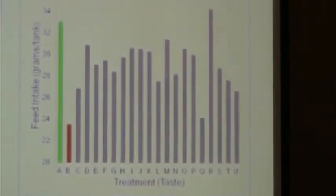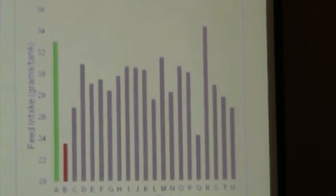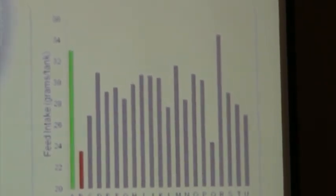Now, because of this research, Bob banned me from the fishing tournament today. Next